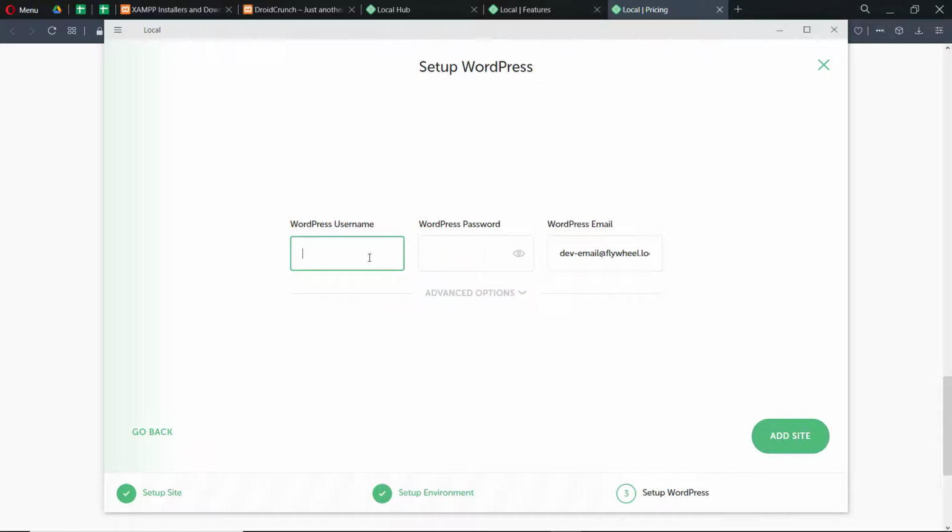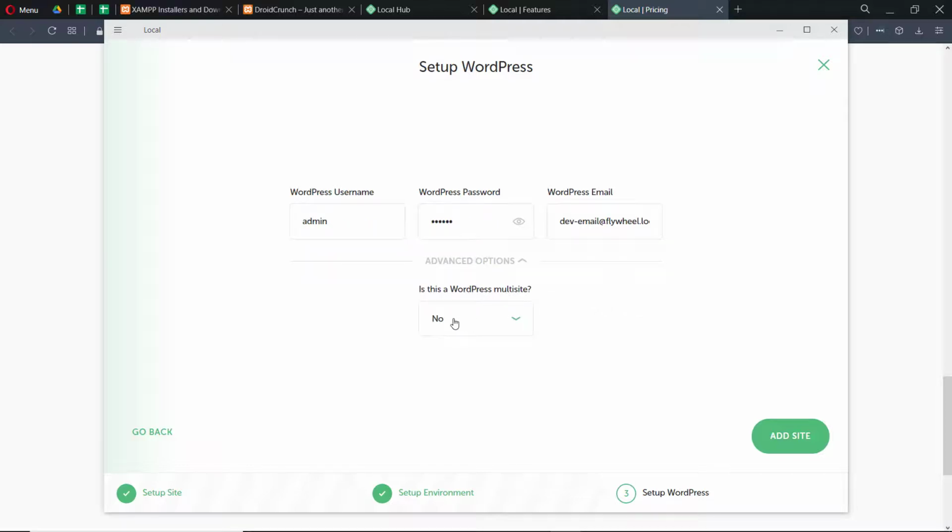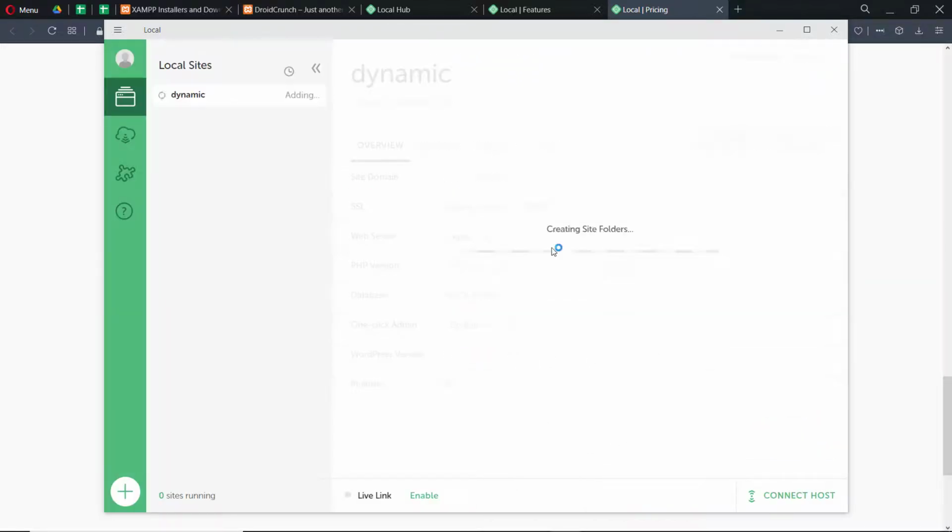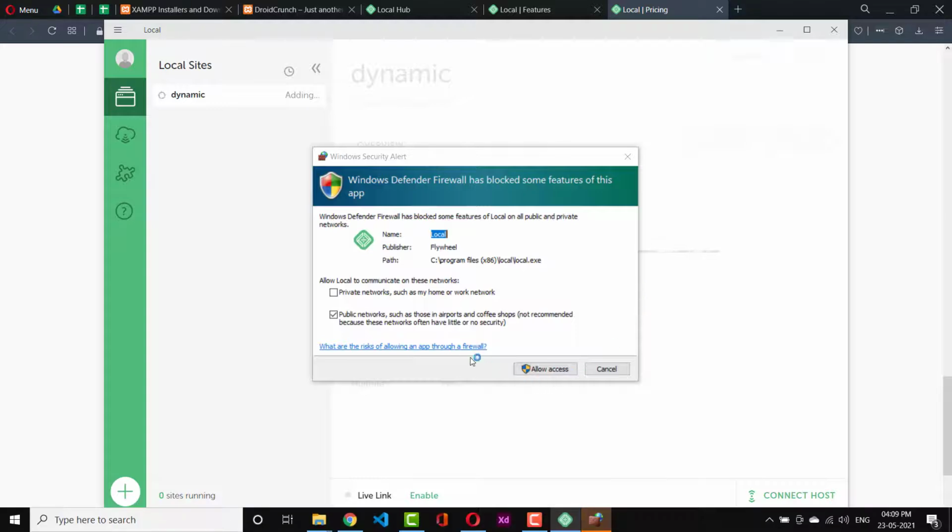Let me continue. Let's keep the username for my WordPress 123, and this password and WordPress email. Let's keep this to the default one. And in the advanced option, you can choose whether it is a multisite or not, right? So it's not a multisite. And here my website is going to be created.